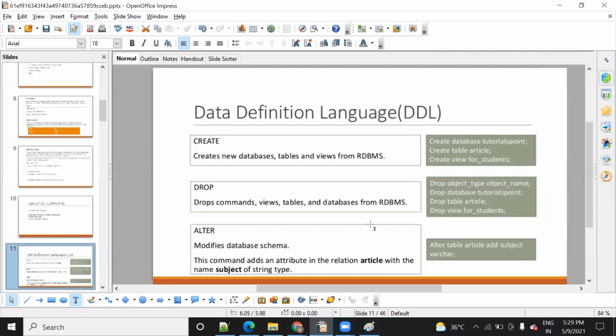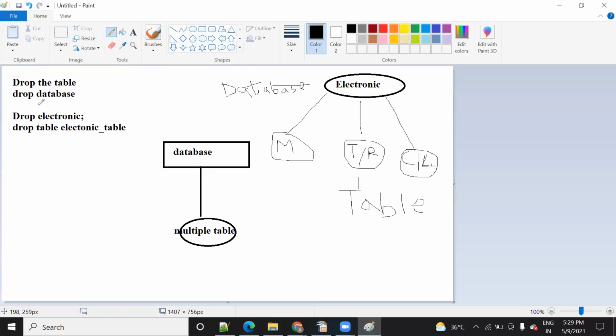After that, as I have given you the example of how you can drop the database, when you drop the database, the syntax is drop and the database name. But when you drop the table, what is the syntax? Drop table, table name. Okay, drop table, and this is your table name. I will show you practically in the next class.